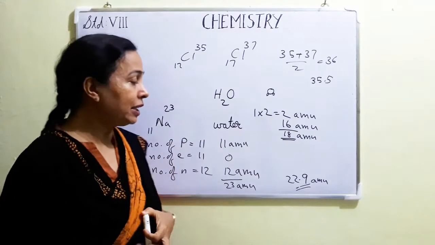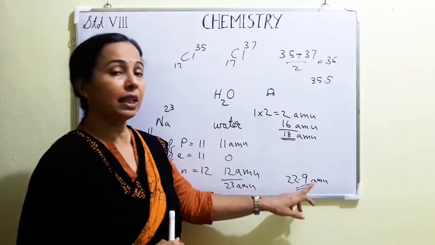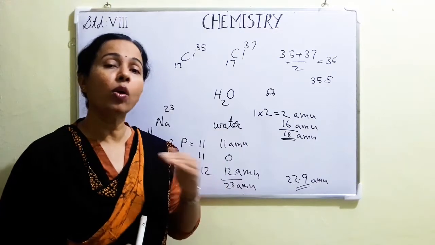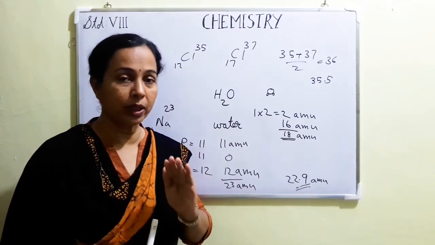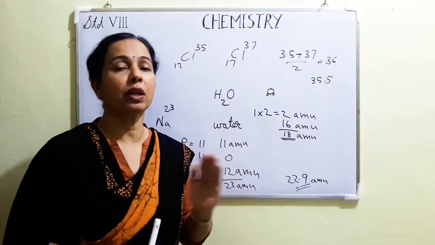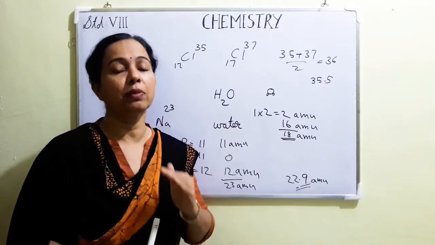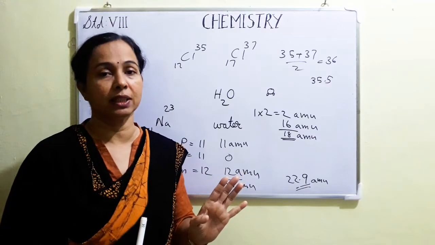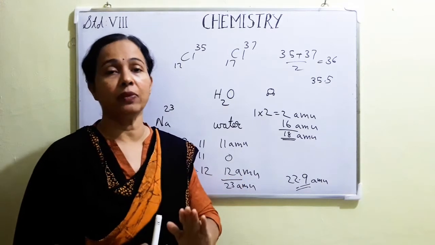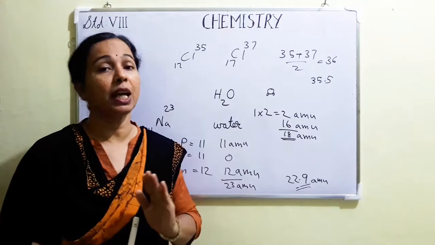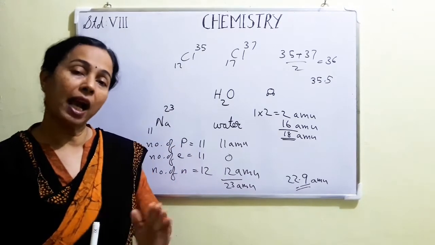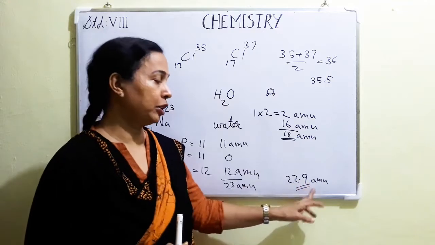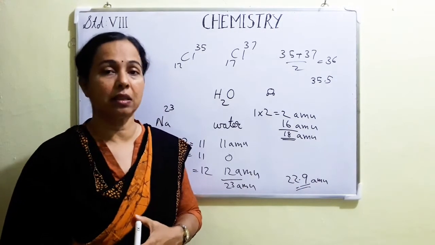Okay, so that is why there are decimal places in the atomic masses, because we are considering all the isotopes of that particular element when we determine the atomic mass of any element. Whatever be the element, all its isotopes will be considered, and the percentage in which each of these isotopes is present also will be considered. After that only this calculation is done and the atomic masses of various elements are determined.